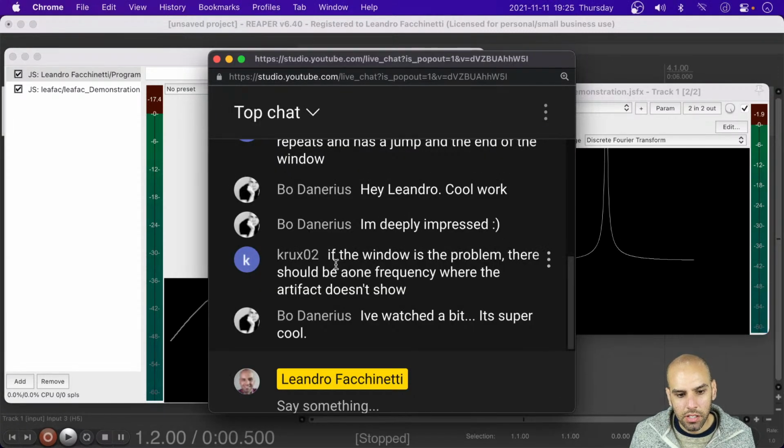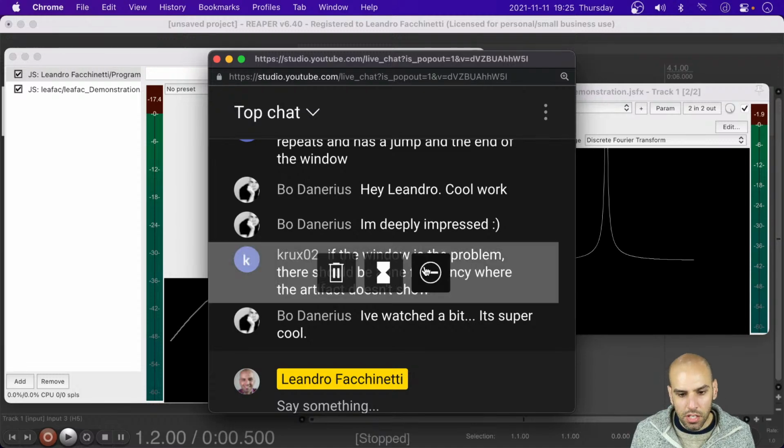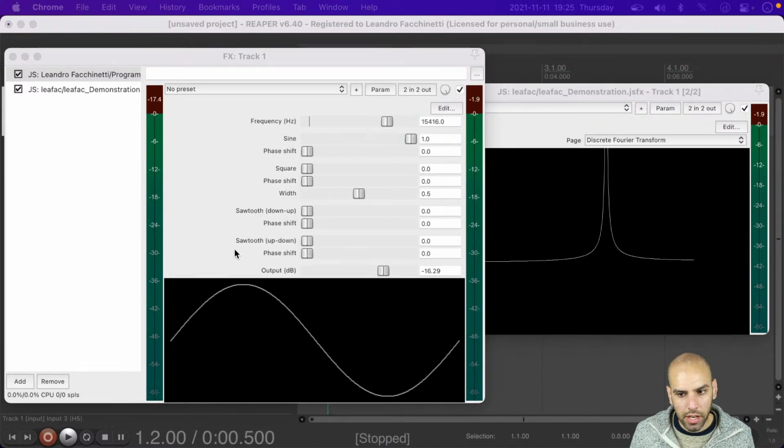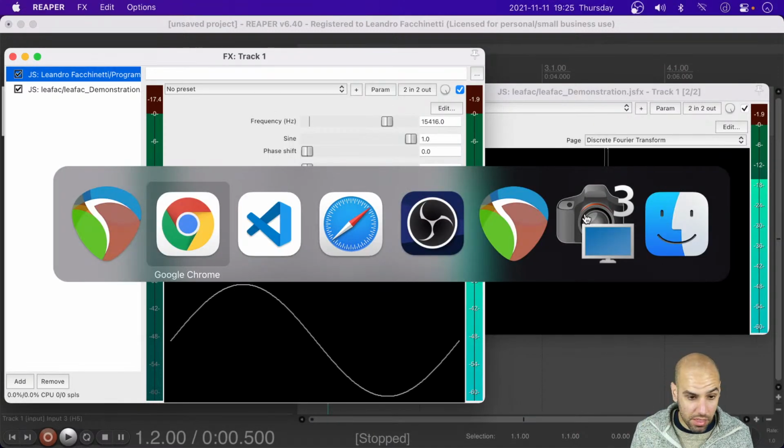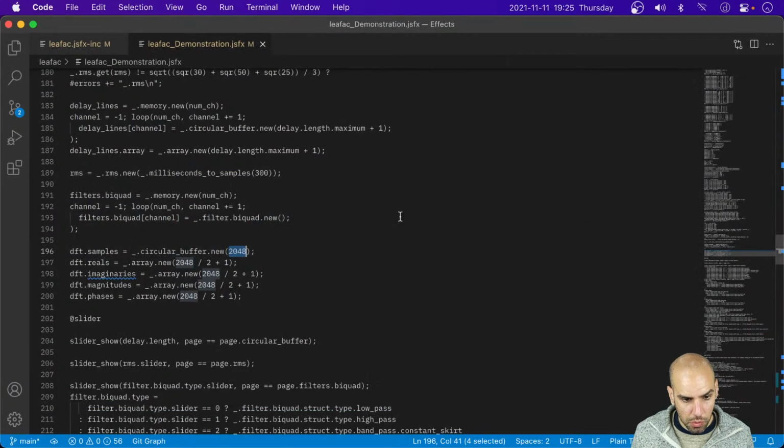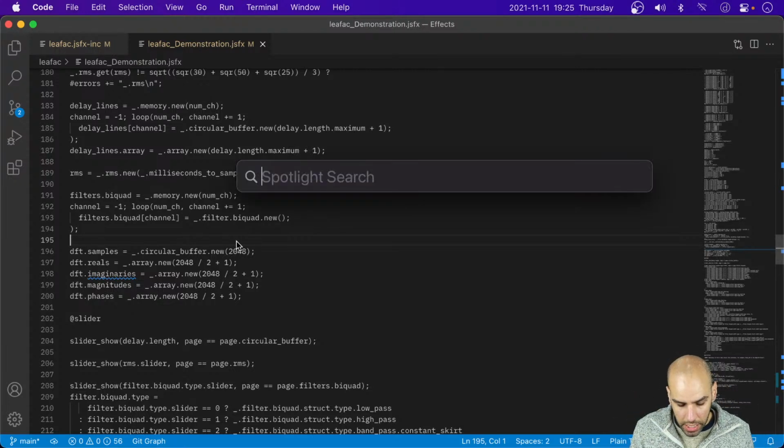All right, okay, so let me react to this. So Crux02 is saying, if the window is the problem, there should be one frequency where the artifact doesn't show. Exactly, that's my idea as well, and that's what I want to do. So I have to do some math to do this. I want a window that is a multiple of 2048. So maybe I will have one cycle that is 2048 samples. A cycle that is 2048 samples, what is the frequency of that? Well,